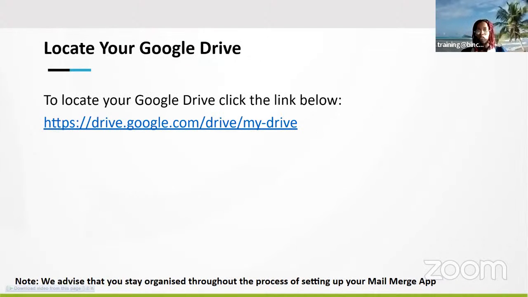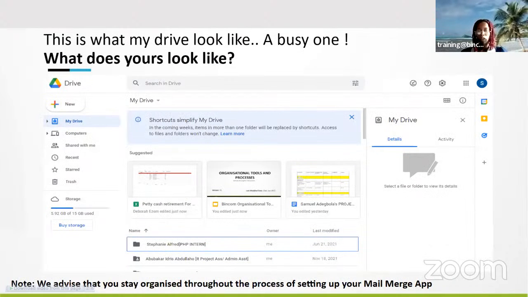We also need to create our content templates and then synchronize the content templates and then the attachment as well. So your Google Drive is easy to locate. This is just something you can type on your browser and then your drive comes up. This is actually dependent on if you're signed into that browser. So even if you're using Firefox, Microsoft Edge, Chrome, if you're signed in and you use this link, it automatically opens your Google Drive for you. So this is how the drive looks.